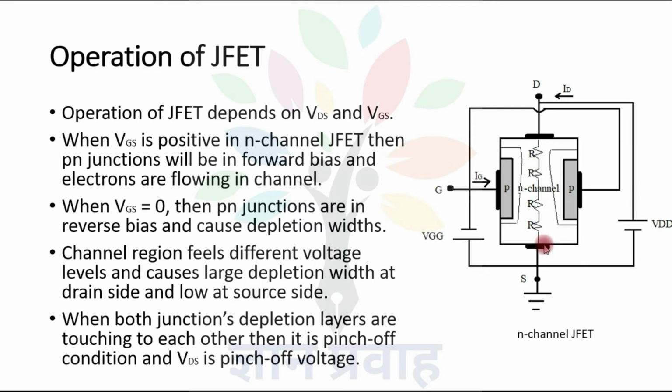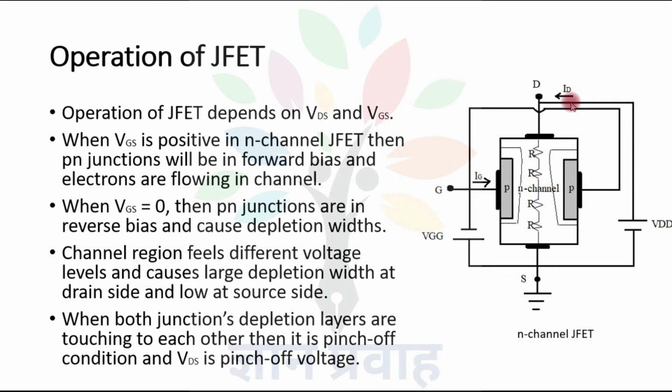So initially, when we are not applying VGS voltage here, we are simply applying power supply here. It means charge carriers start to flow in the channel region. And there is a current, and this current is called drain current. So drain current is nothing, it is the current between drain to source terminal. Sometimes it may be called IDS current. So the source terminal is connected to ground. That's why we are simply replacing IDS as ID.